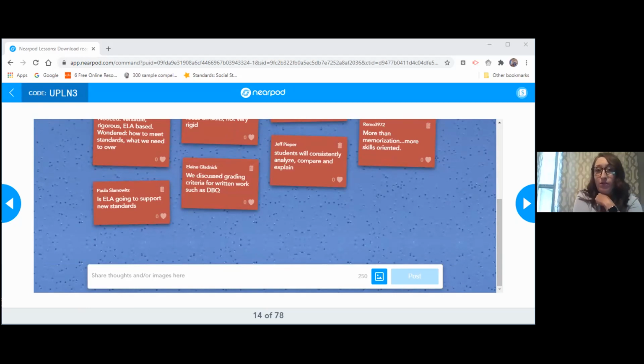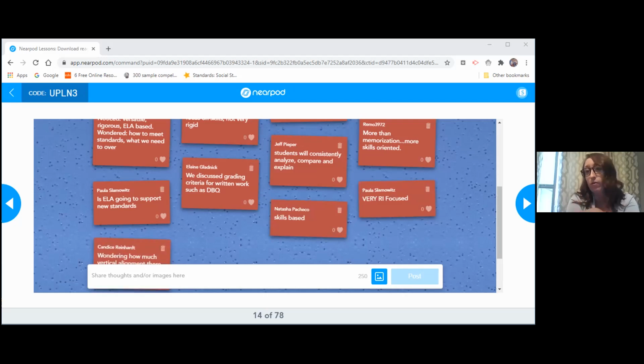Yeah, high level Bloom terms. That's one thing that is really great to point out, because with our old POs, it was very low level, DOK 1. And now our students have to be thinking critically and analyzing and arguing and all of these higher level Bloom words, which are DOK 2, 3. It can be 4 depending, but 4 is really hard to reach.